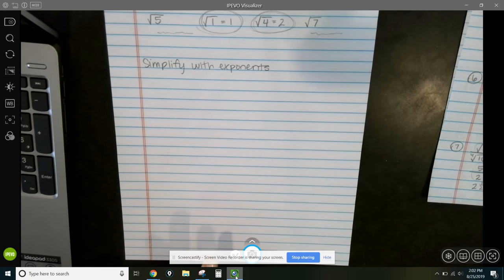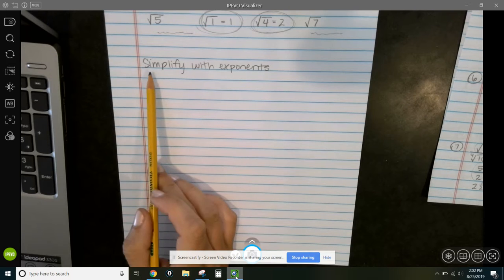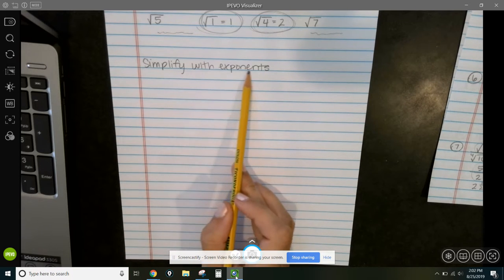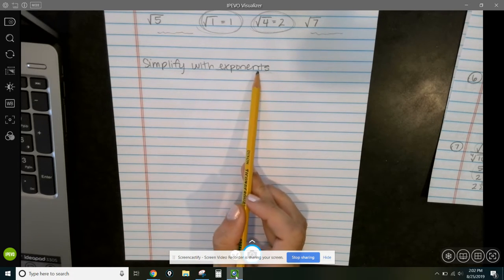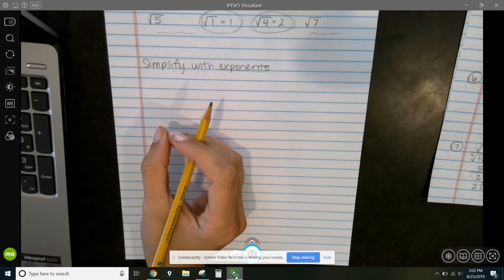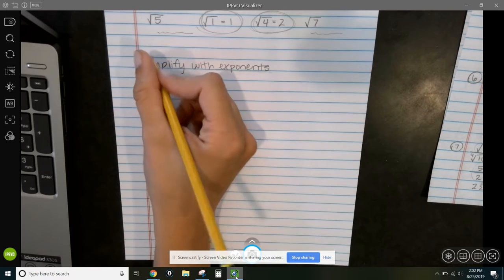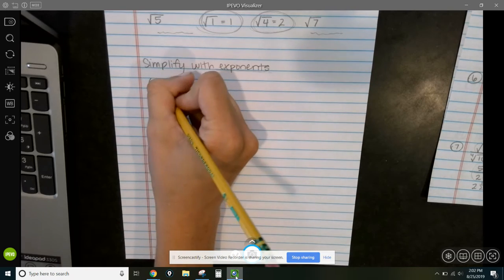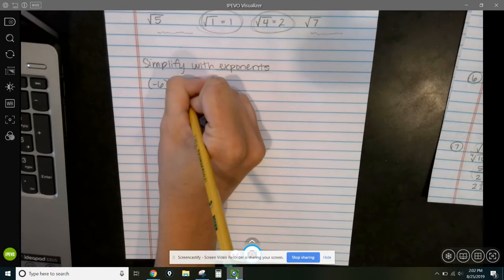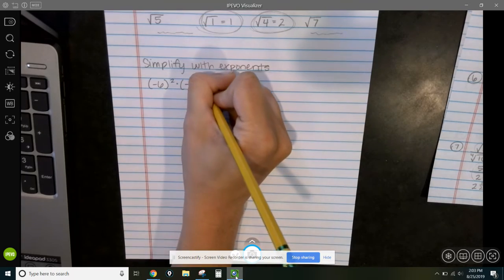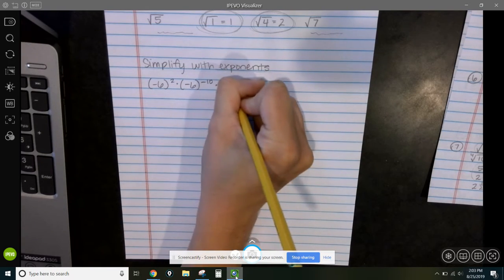All right, so we're still working on Unit 1 exam questions. So this next string of problems we're going to do, they want you to simplify, but keep the exponents in your answer. So when they say simplify, they just mean make it as simple as possible while still keeping the exponents in there. So for example, if you had -6 to the second times -6 to the -10th times -6